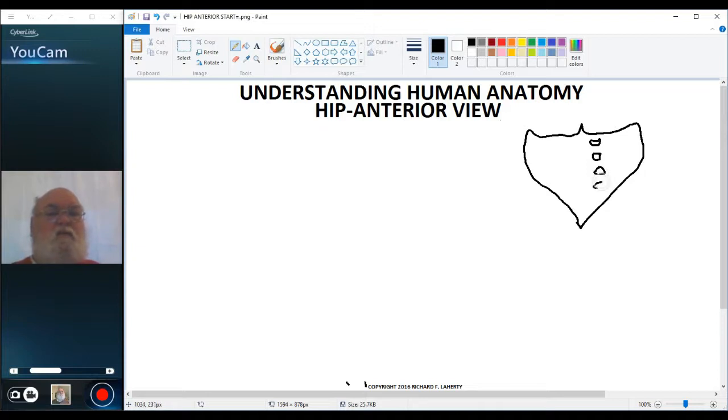And remember that these anterior sacral foramina are for the exit of the anterior rami of the sacral nerves, sacral spinal nerves. And then I want to sketch in the os coxae,